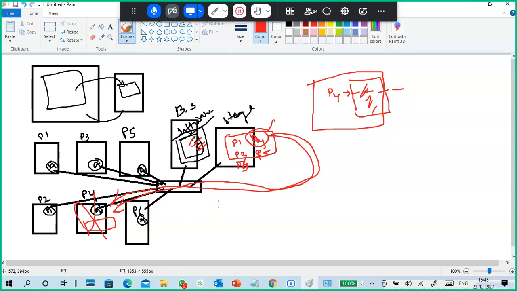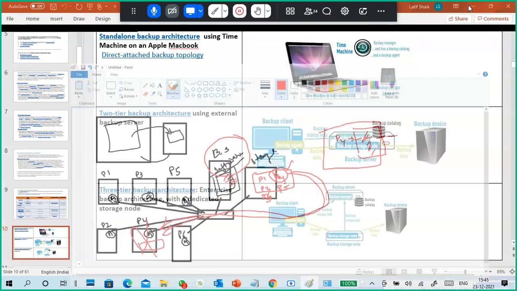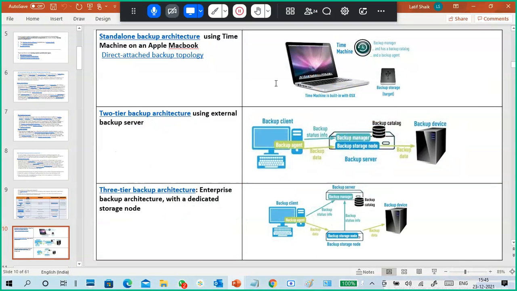So this is your two-tier or three-tier architecture type, with complete management using a backup server or backup server software. Guys, understand the difference between standalone and two-tier or three-tier architecture. Forget about what two-tier and three-tier are for now.